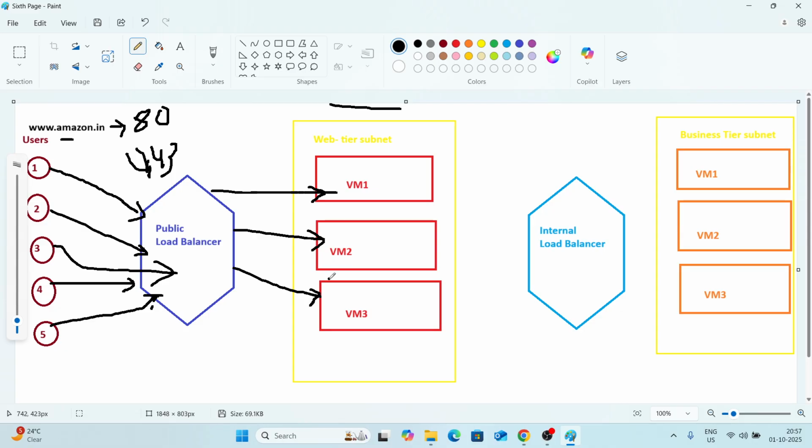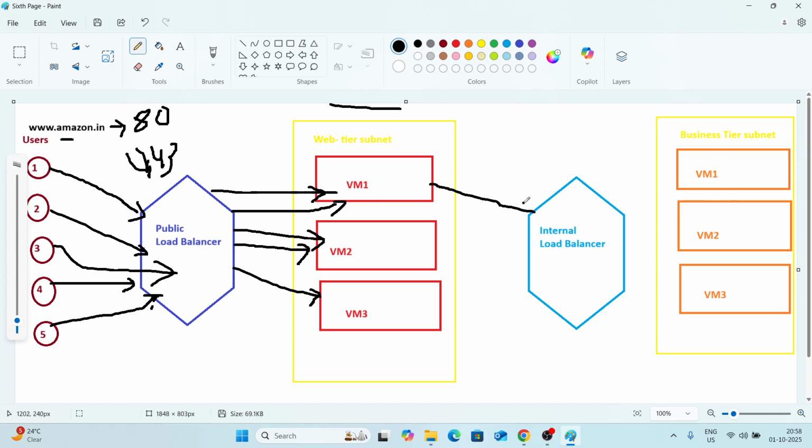In case one server is not working well, it will distribute the traffic to the other two only. Currently we are assuming that all three servers are working fine, so it will distribute the traffic in this way. And if these VMs require connecting with internal servers, other servers like database servers or business tier servers,